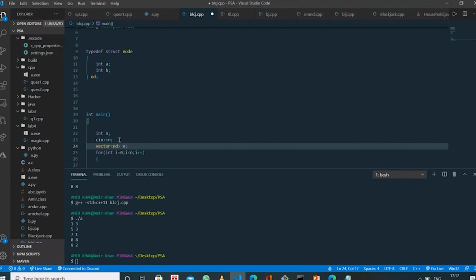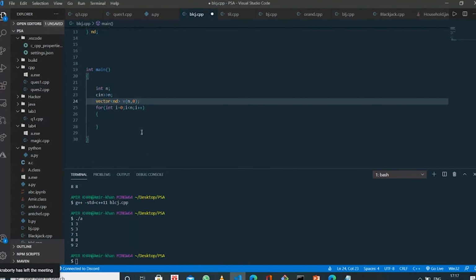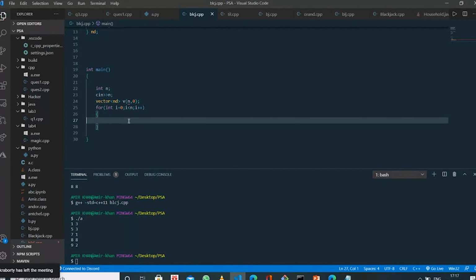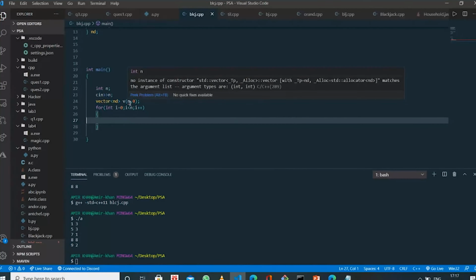I am calling the constructor of vector with n size, and I will assign 0.